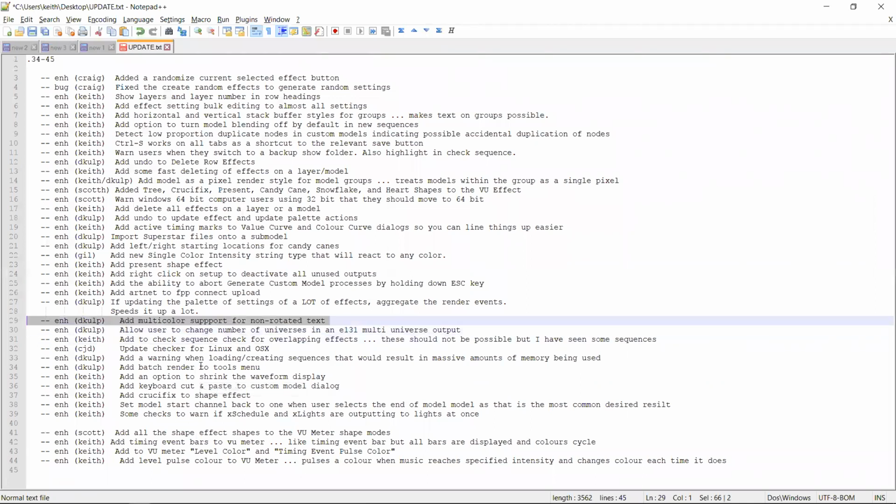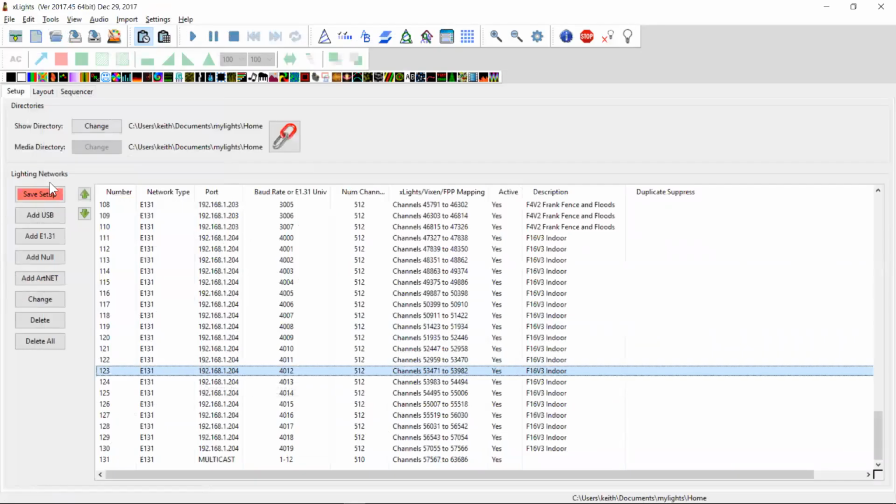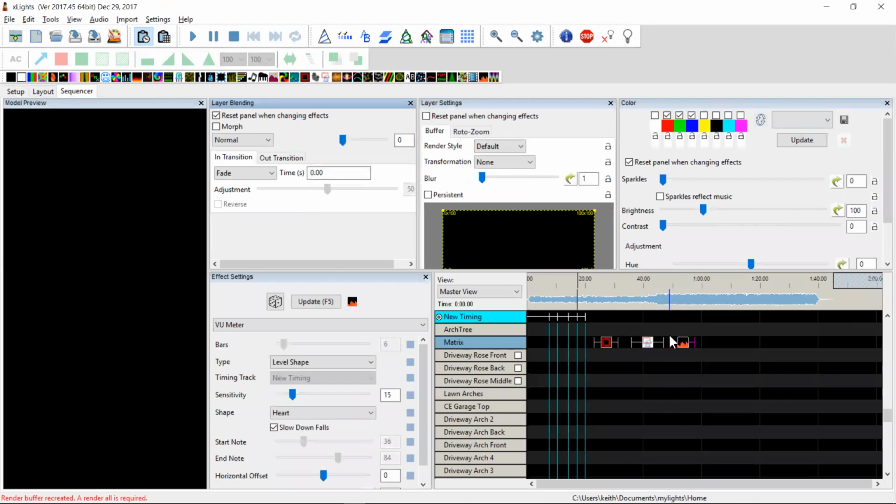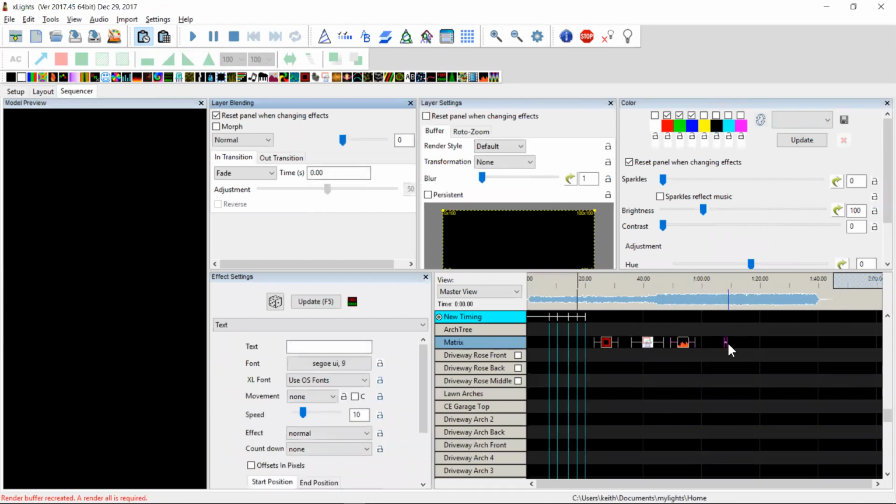That's that one. Multicolor support for non-rotating text. So Dan added this as well. This is actually kind of nice. It gets rid of one thing that I used to have to do. But there is a downside to it, which some people stumbled across. If you happen to have a piece of text here, and you say hello world,